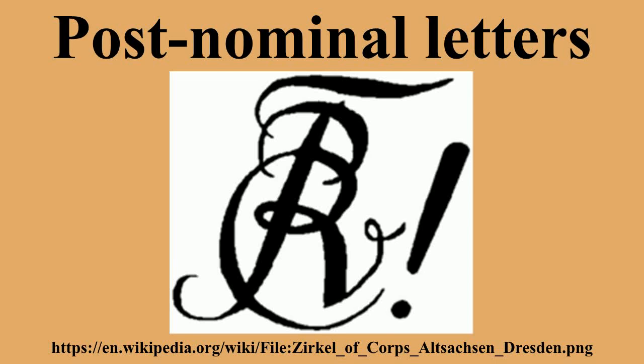Examples of post-nominal letters. A Knight Commander of the Order of the British Empire is authorized to use the post-nominal KBE, e.g., Sir Terry Wogan KBE DL. A Fellow of the Royal Society uses the post-nominal FRS, and a Fellow of the Royal Society of Edinburgh FRSE, e.g., Professor Malcolm Longair CBE,